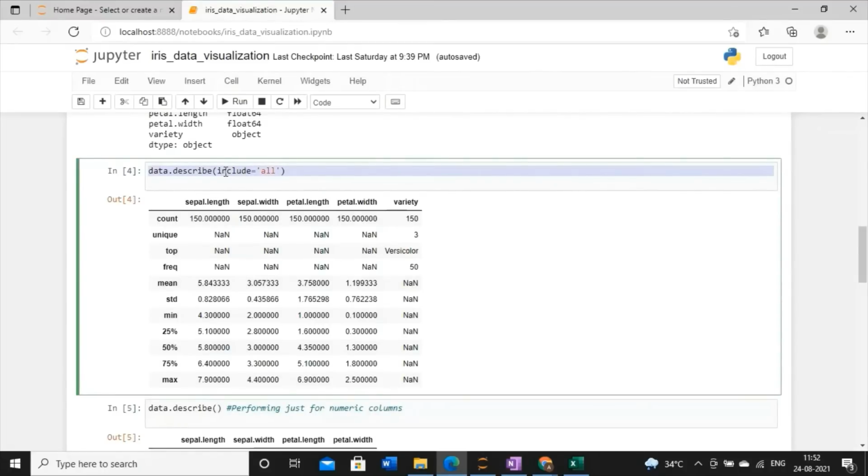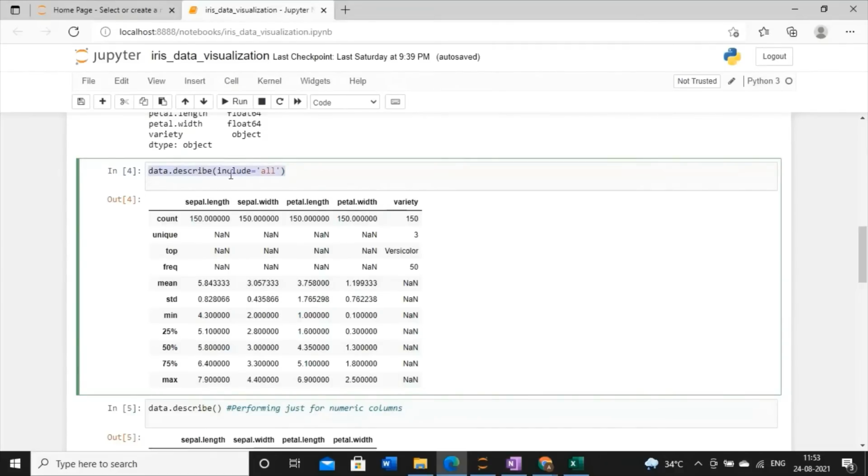In the previous class I explained that analyzing your data statistically is very important. For that purpose, in the previous class we picked up each and every column from my data set, and I performed standard deviation, mean, median, mode, this kind of analysis on each and every column. But here there is a concept of the describe function in Python.